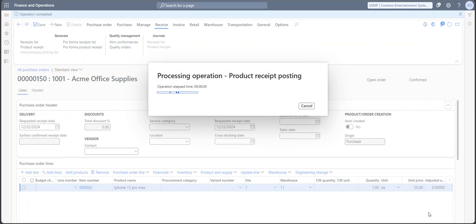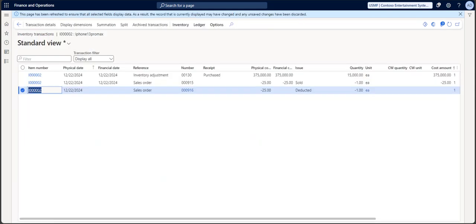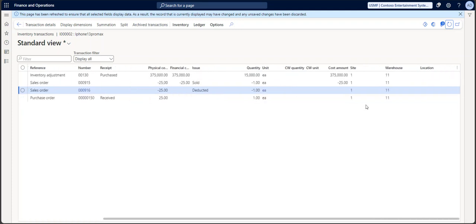So what will be the impact in my inventory? My physical cost will be updated, that is one. And what else will be updated? Your inventory will also update. So during the product receipt in the purchase order, now if I refresh this particular screen, you can see the purchase order has been updated, inventory has been updated by one quantity, and if you see the total availability,